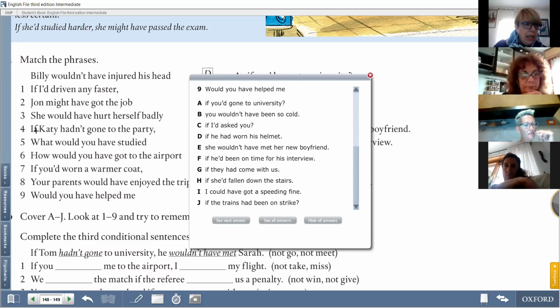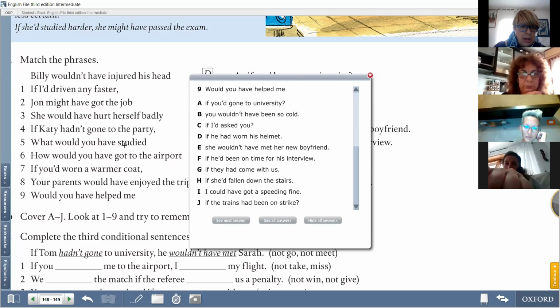Okay. Now, 3, Anto. What does it mean? I don't know the vocabulary of hurt. I don't know. Hurt is when you have a painful situation in which your arm or a part of your body is getting hurt. Okay.